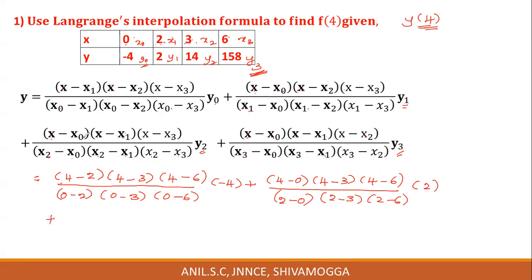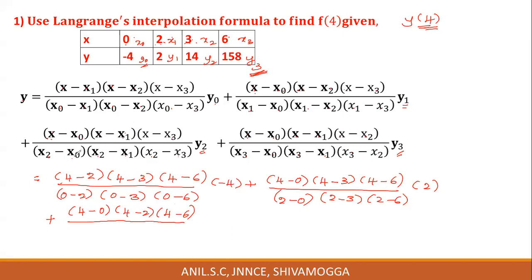Now this time x minus x0, 4 minus 0, x minus x1, 4 minus 2, x minus x3, 4 minus 6. This divided by